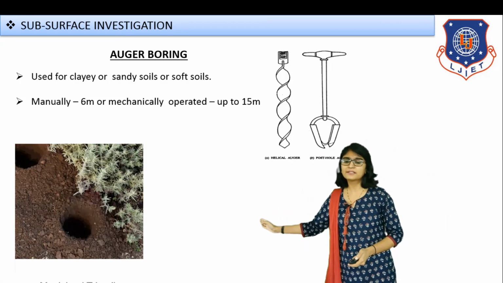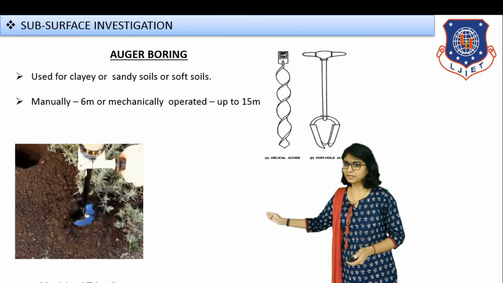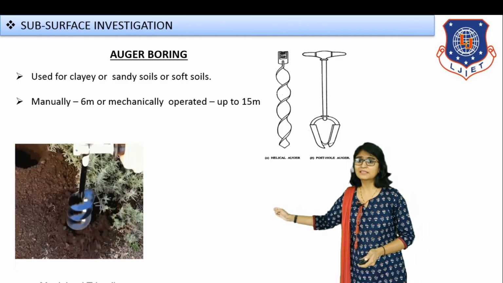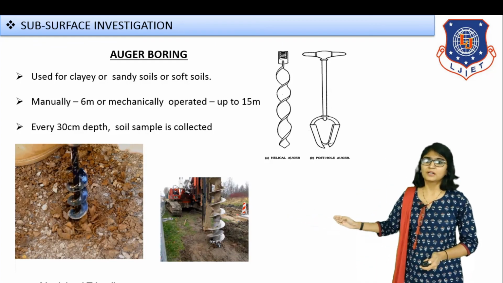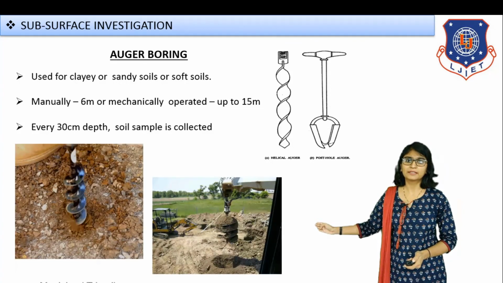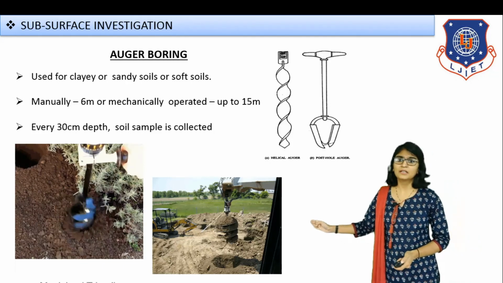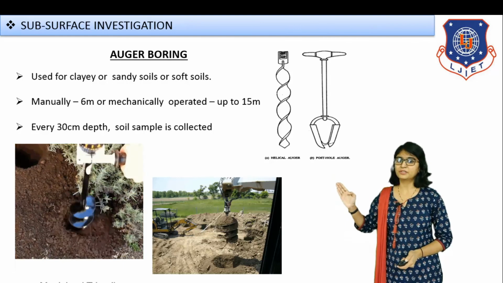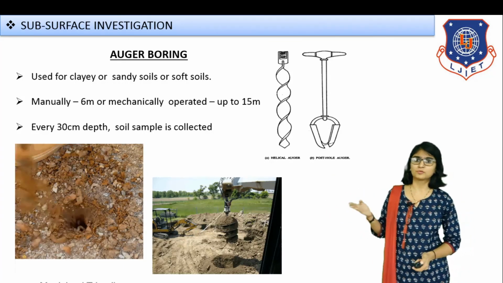You can see in this video here, the image which I had showed you, this is live working, how an auger is inserted into the ground and the soil sample is collected on its side. So this is your auger boring. Again, you can see another image, the same thing, how the soil sample is collected. You can see one more thing, how the soil sample is collected. So these are the different images which should make it clear. And then there are specifications, dimensions, up to what depth mechanical is used and up to what depth.